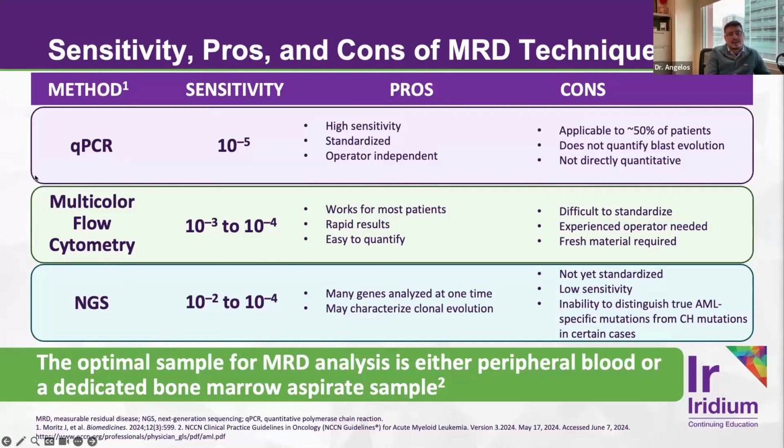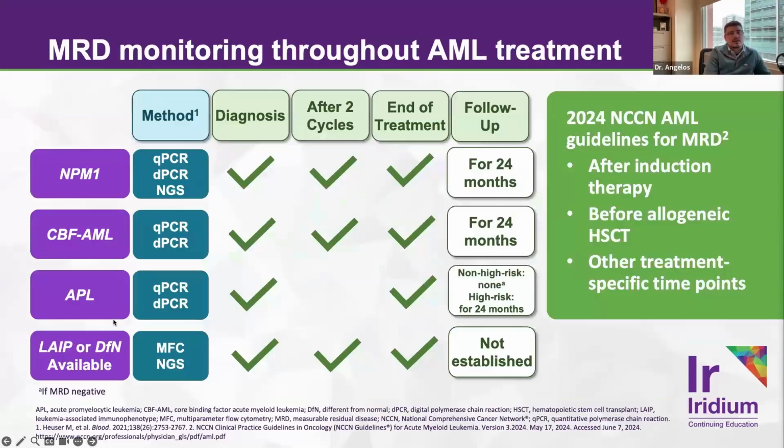Quantitative PCR, or nowadays we use digital droplet PCR that has even greater sensitivity, really can detect leukemic cells all the way down to the order of 10 to the minus fifth. Multicolor flow is generally on the order of 10 to the minus 3, 10 to the minus 4. And NGS testing, even though it can pick up a large number of mutations, can actually be less sensitive than other MRD assays. And so as of right now, the field does not generally consider NGS to be a standard for MRD level detection, but nonetheless it is an important adjunct in making diagnostic decisions about leukemia and then also initial treatments.